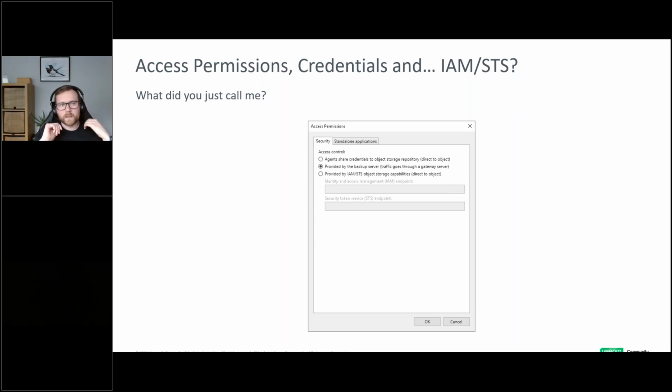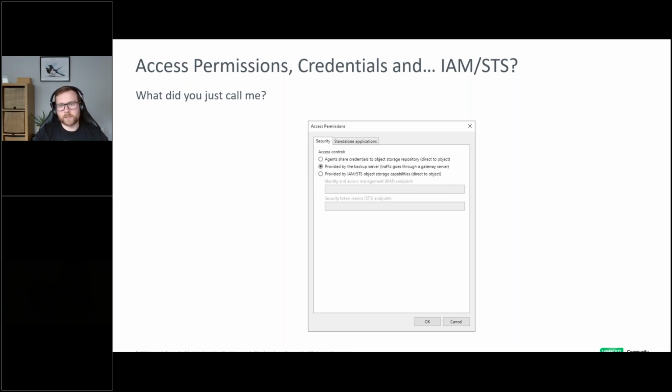Now, we are steamrolling through the presentation, but there's one final scene that I just need to set before we can pull everything together. I want to lay the foundations for backup repository access permissions and specifically talk about IAM STS. So we've got an understanding of everything that's going to be contained in the final slides.